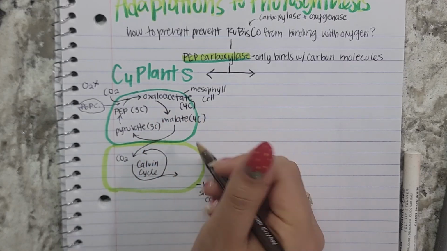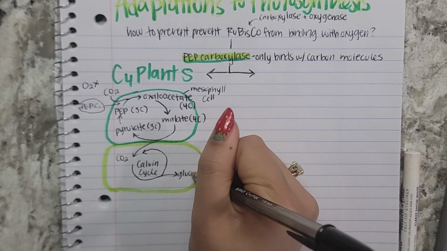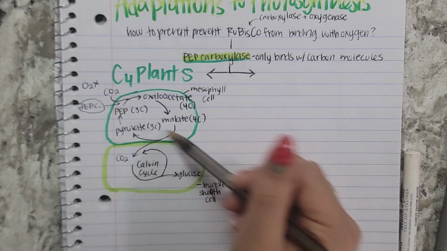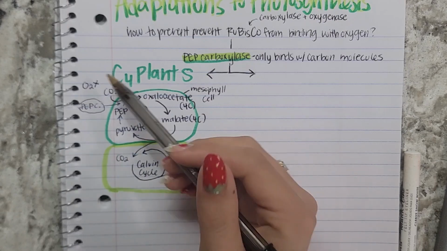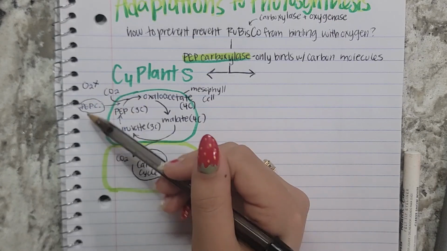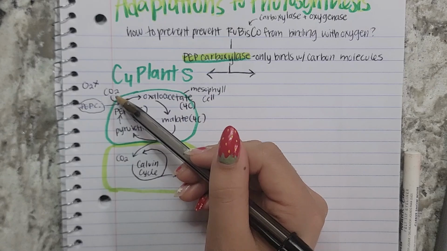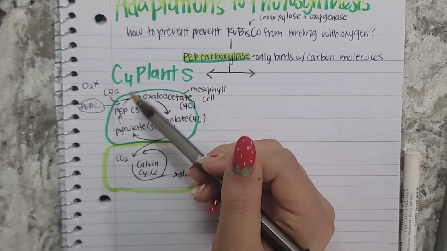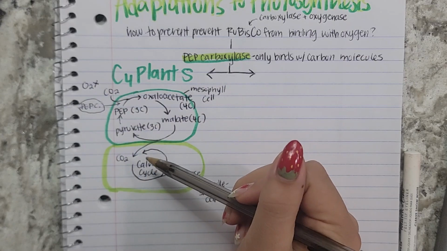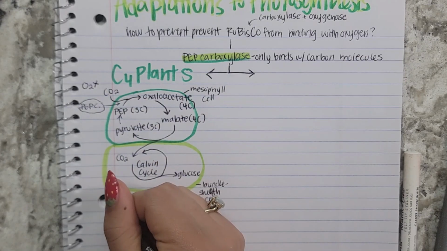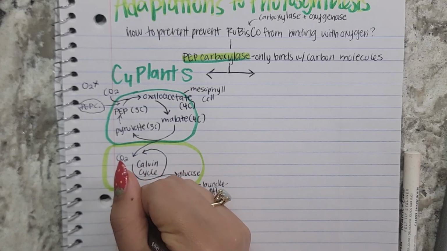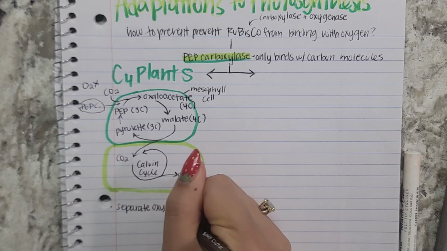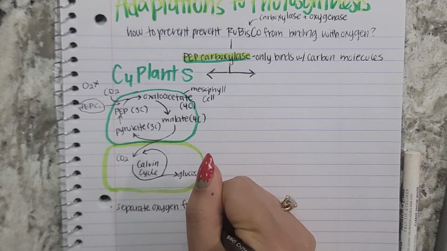So we do the Calvin cycle, we make glucose, and there's no photorespiration occurring. Since oxygen is never introduced to this cell, it's not a problem, and that's all thanks to PEP carboxylase. So it seems like a lot of steps just to start with CO2 and end with CO2, but what it's basically doing is filtering out any oxygen so that RuBisCO isn't affected by it. So that's the point of the C4 pathway, is we separate oxygen from the Calvin cycle